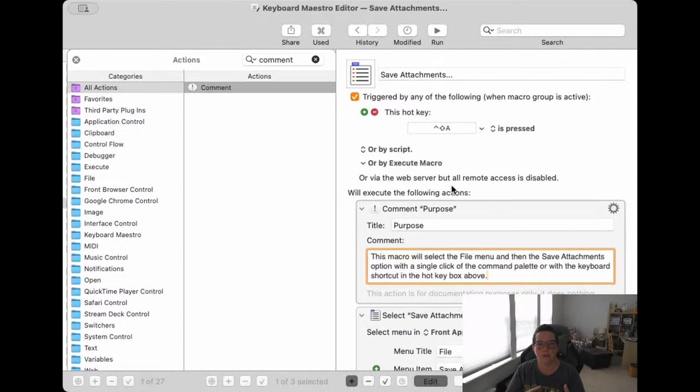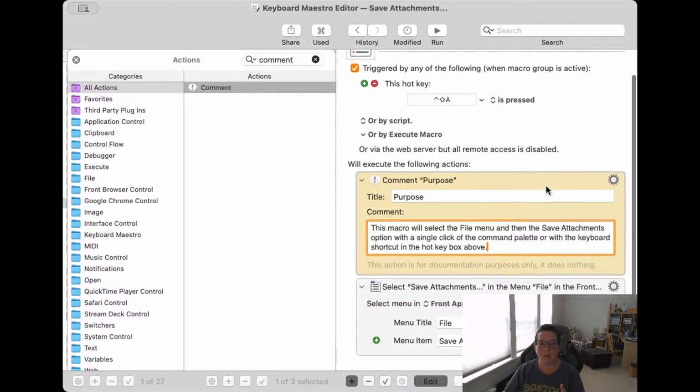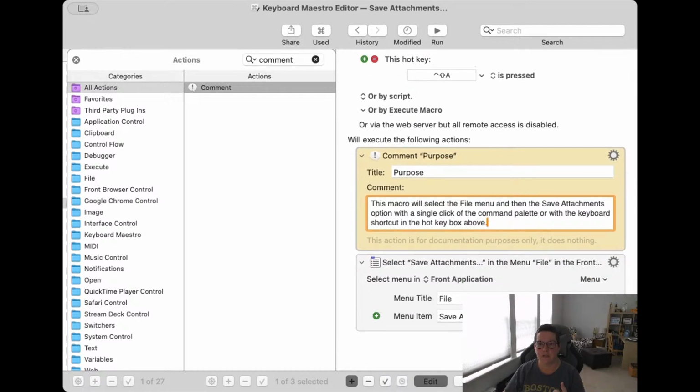And Keyboard Maestro provides you ways to do that. So you can do it here in their comment box, which I like. You can also color these boxes differently. So I actually like to color my comments yellow and the actual actions that I'm taking as typically this aqua color, just so I can sort of keep an eye on them. And I'll show you one of my favorite ones. I'll show you that in a second.